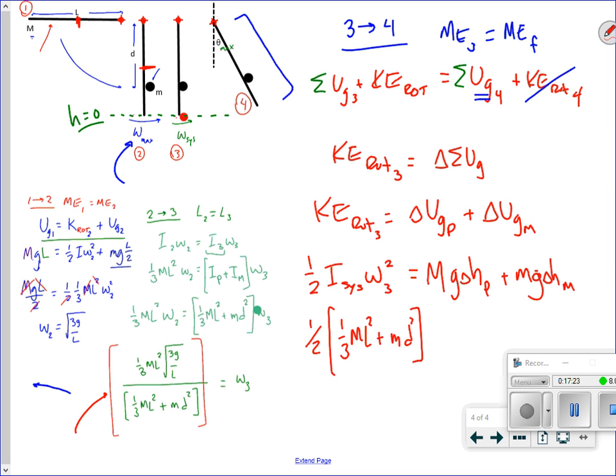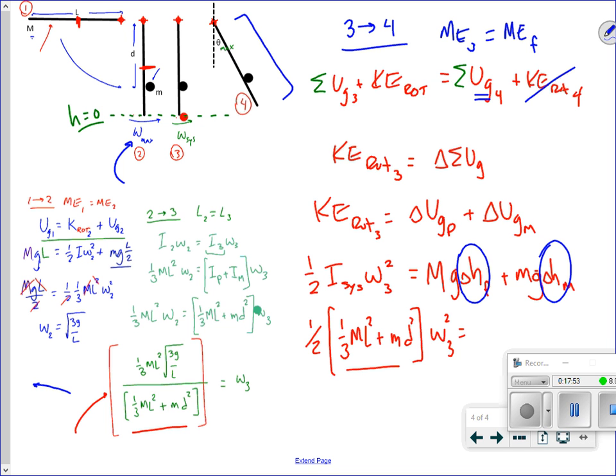It actually probably doesn't come out that hairy because you'll have this I system term squared in the bottom and then one I system term squared. But you know what? I'm just going to leave it as omega 3 squared. Now, the question is, what are these delta H's? How much does the pendulum's, quote, height change? Well, the pendulum's height